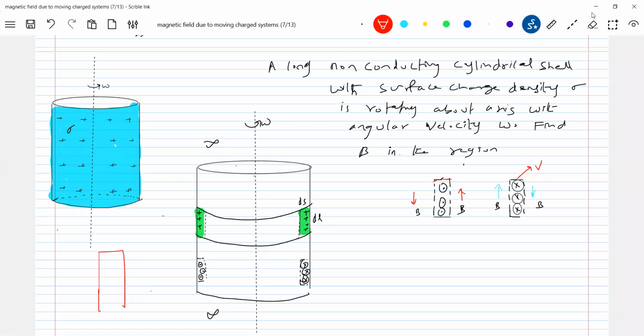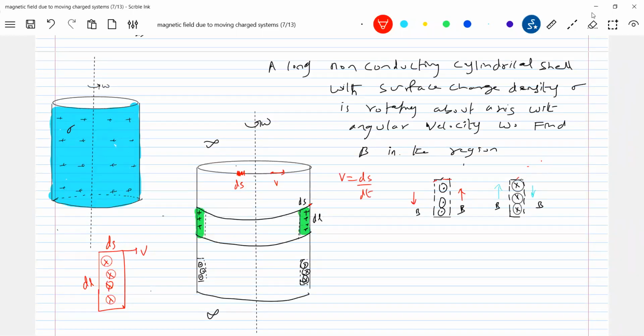So there's a sheet. Take any current. This is dl, this is s, this is v. So what is v? v should be ds by dt, the tangential velocity at this particular point. And this is the ds you can take. So v should be equal to ds by dt.